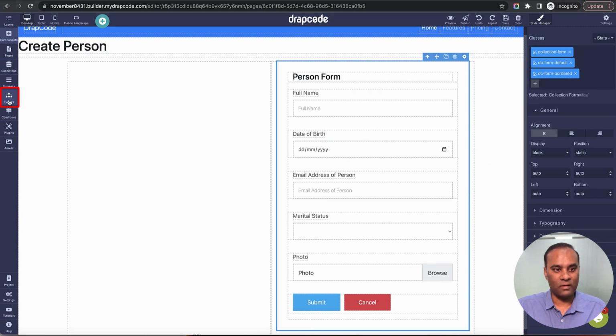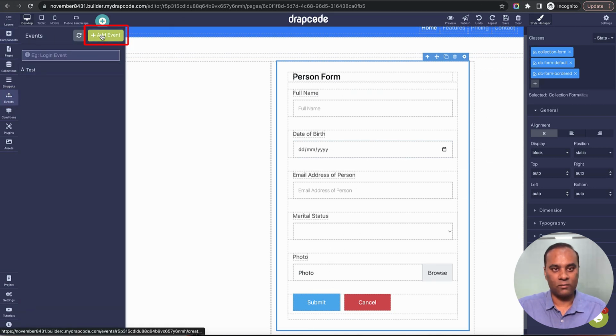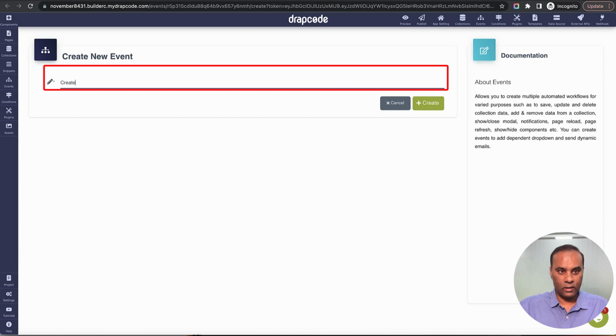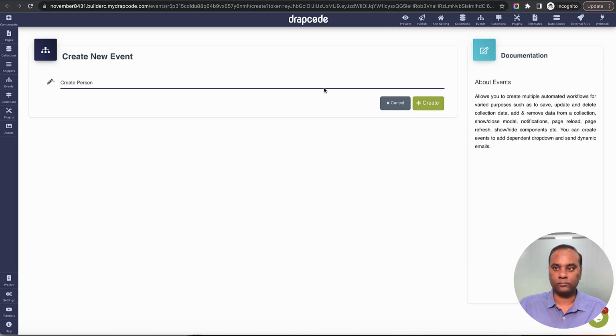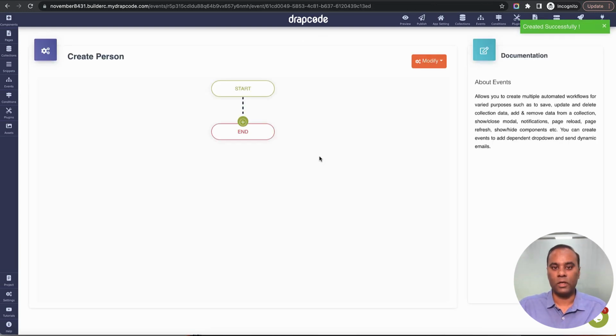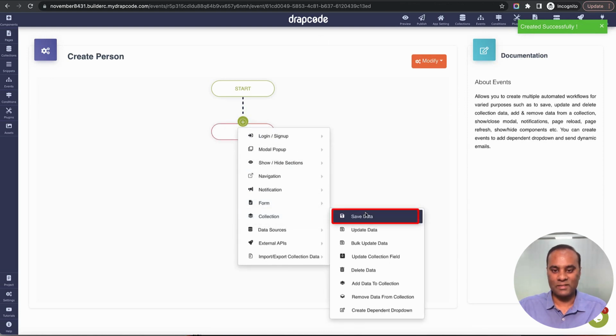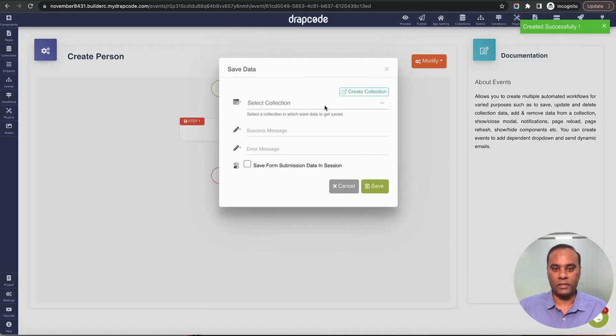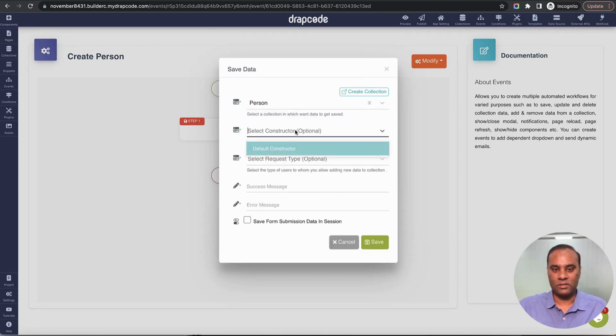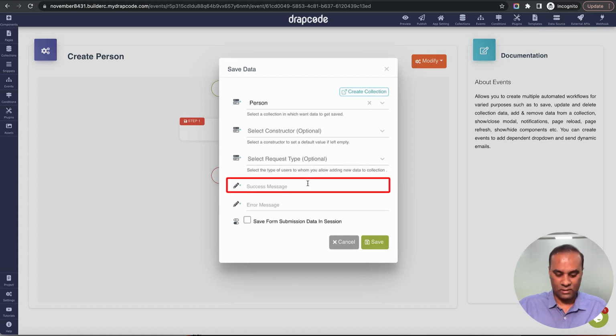So I go to my events and let's create an event. The event is create person. I'll say create. Now we want to do two simple things. First, in the collection, save data. Save data to the collection. So I'll say save data in person. Constructor we will leave for now. Request we will leave for now. Just the success message, let's say person created